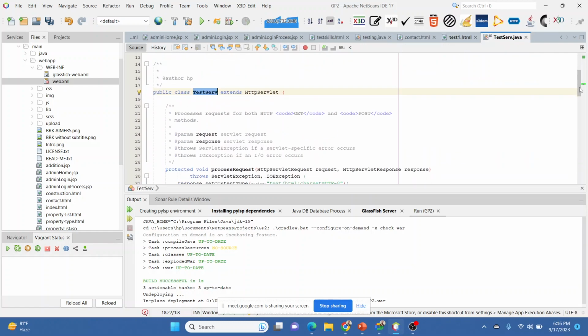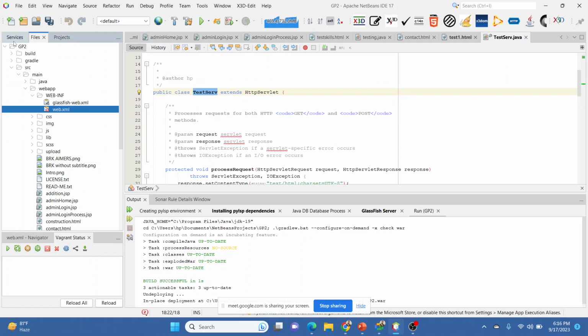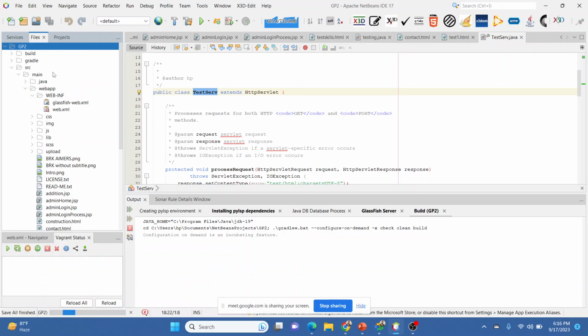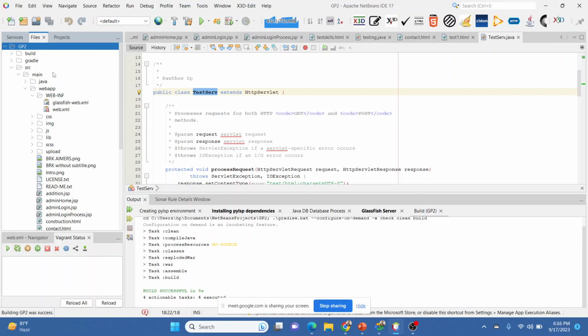Now we have to make sure it is working and the link is working. So we again click on the folder or project, and clean and build, to rebuild the program, because we have edited a few things and created a servlet file. We have to compile it, and after compilation we will execute it.